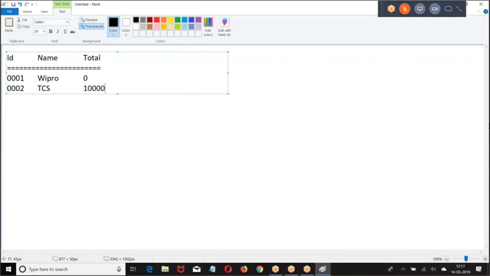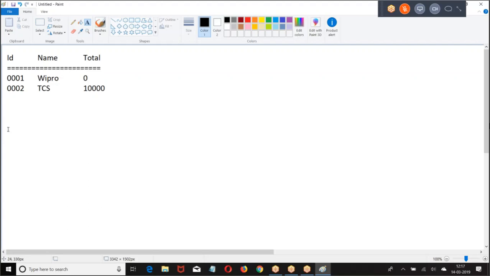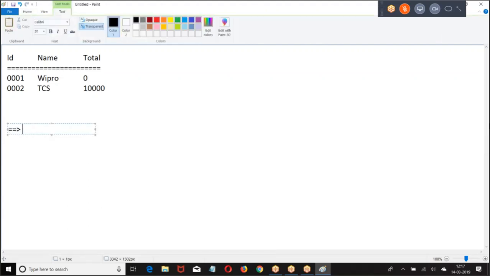This is the parent data that we have. Now, I was trying to insert the following records.